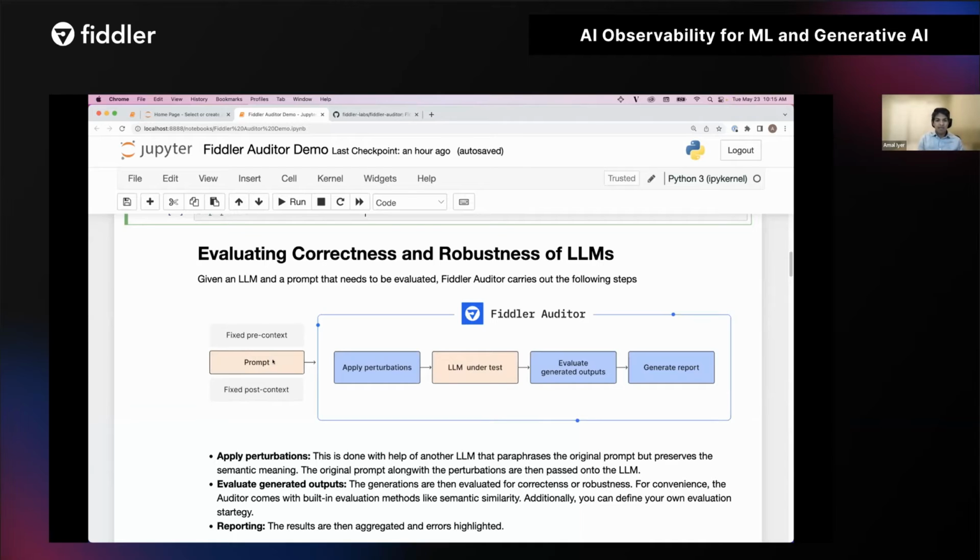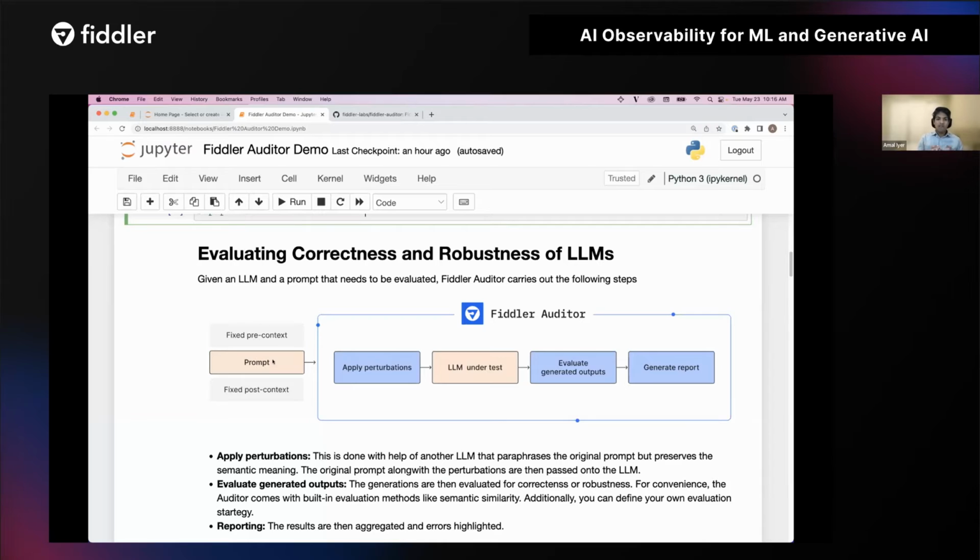I think the beautiful thing about language is that you can convey the same meaning in many different ways. And that beauty brings with it its own challenges once you're trying to make a product out of it and deploy it in production. Because the same thing can be said in many different ways, you will have users who will ask the same questions with slight changes.